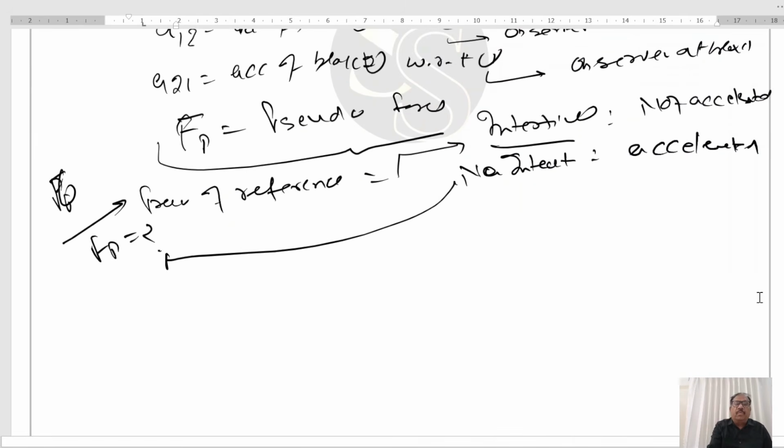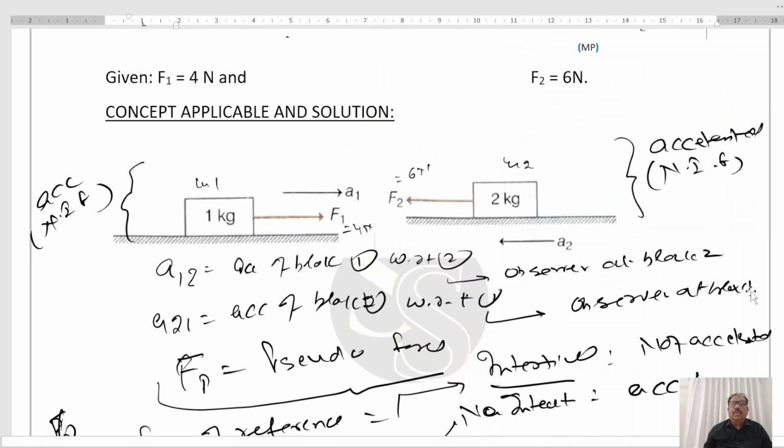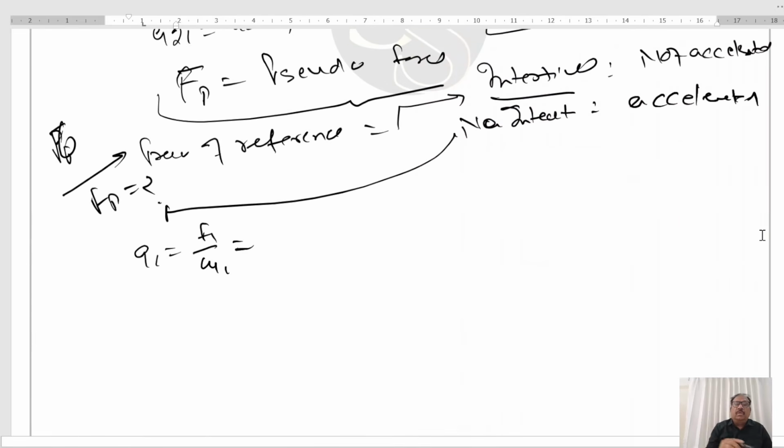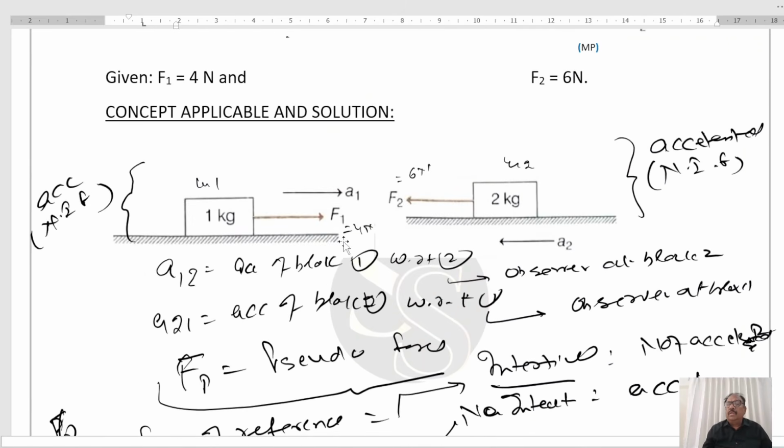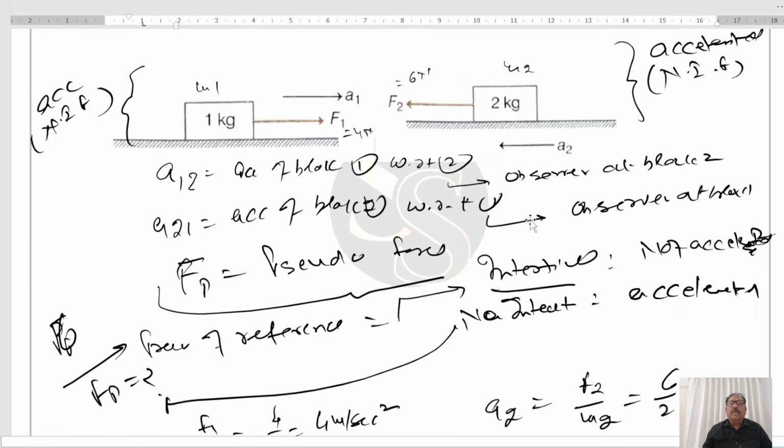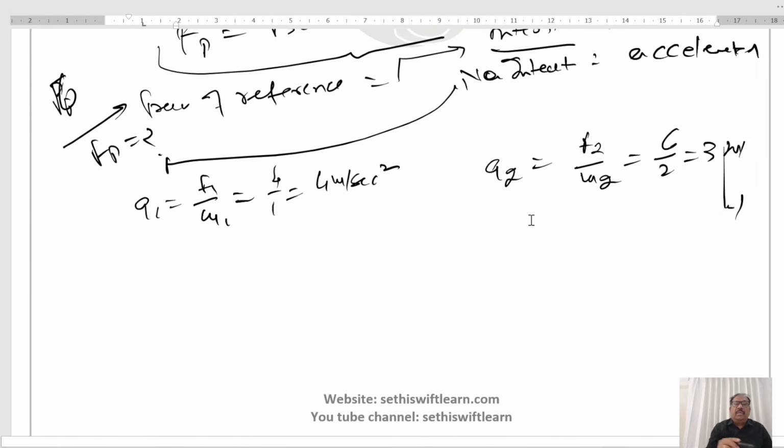Now, first we find A1 and A2. A1 will equal F1 over M1, that is 4 by 1, which is 4 meter per second square. And A2 is F2 by M2, 6 by 2, that is 3 meter per second square. Right? To find A12,